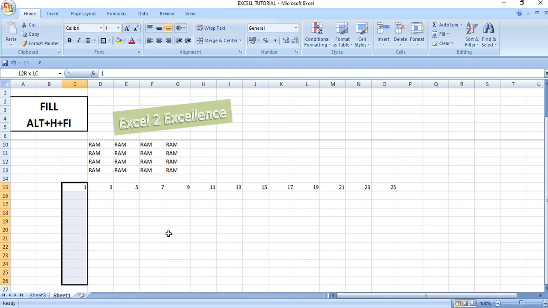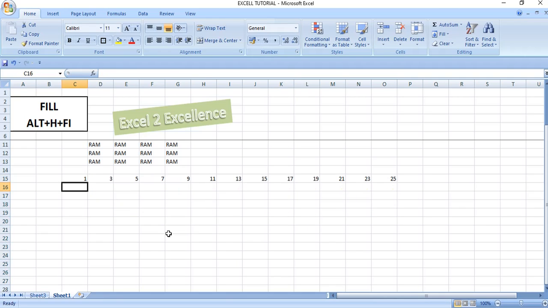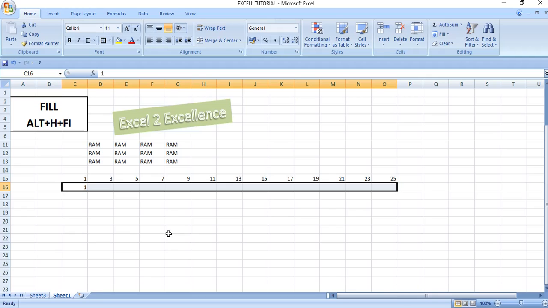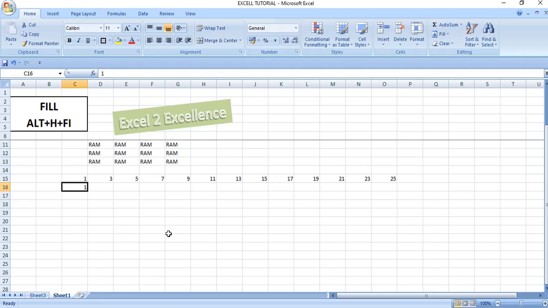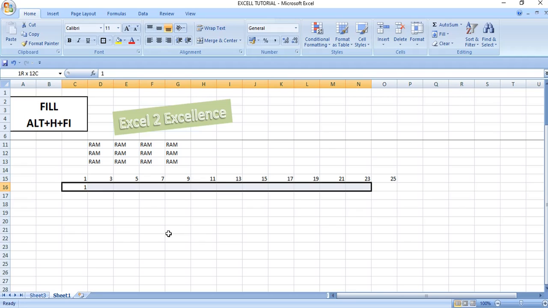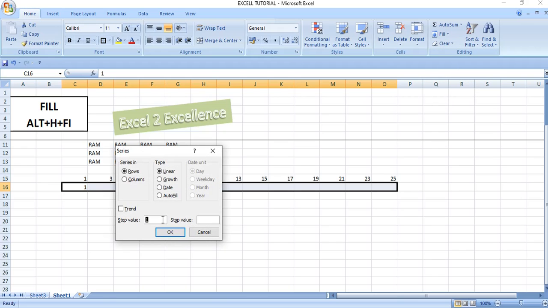The same action can be done by defining the terminal value also. Now we will carry out this operation by selecting the terminal value. So I have selected this range, Alt H F I S. I want to copy the data in a row, so row is selected.